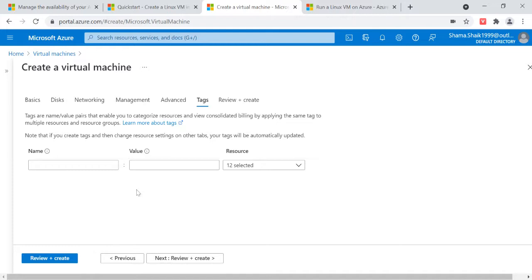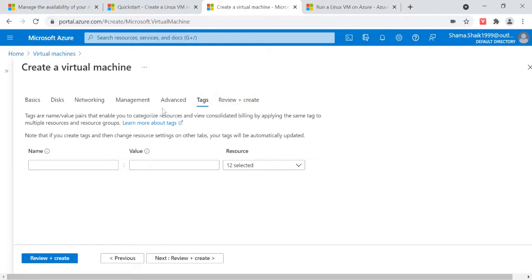Next we have the tags concept. Similar to the resource group, which is used for billing and to identify resources in a very quick manner, you can use tags. This is nothing but a key-value pair, where you have a key and a value. Based upon this, you can retrieve the resources and use them for billing purposes. If you are in one organization, it helps with billing, because there are many resources related to different categories, like departments, and that will be confusing. So in a big organization, use these tags to identify and differentiate the departments. As of now, there is no need of tags.